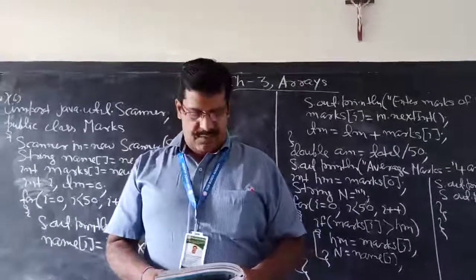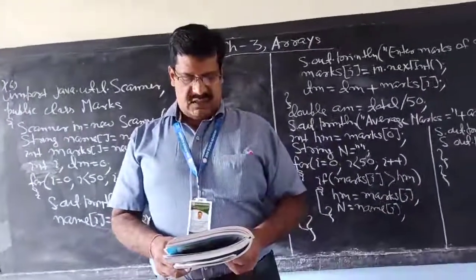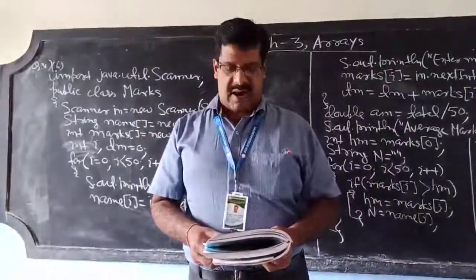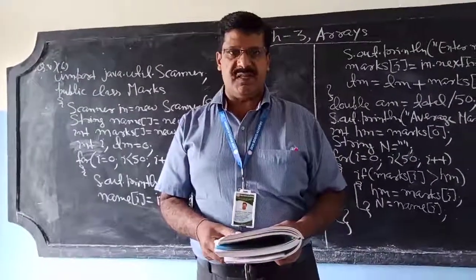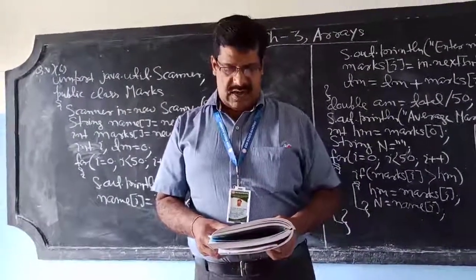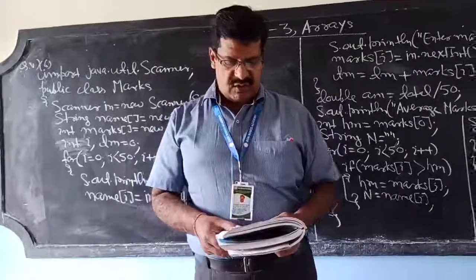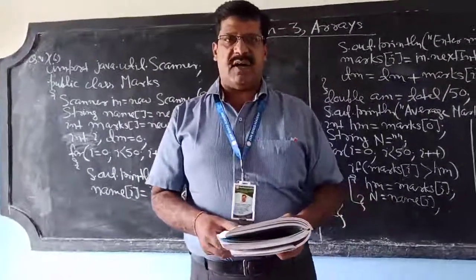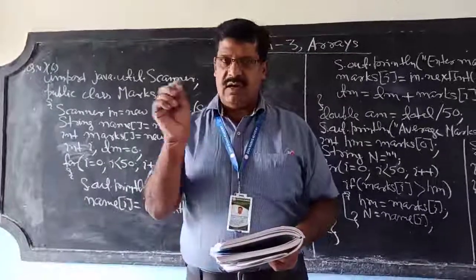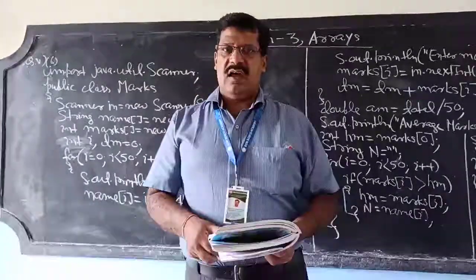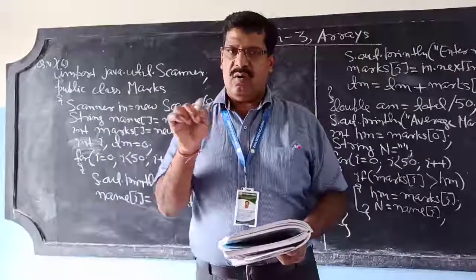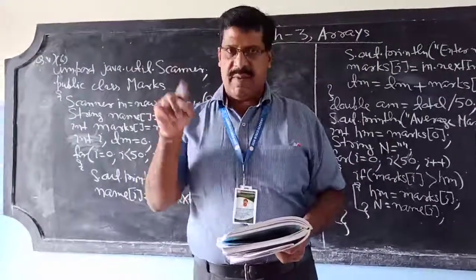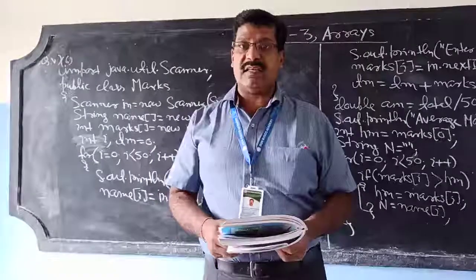Calculate and display, first, the subject average marks, the average marks of the class. The subject average marks means the average marks of the class. So the subject average marks of the class will be the total marks in that subject. We have to add the sum of marks of all the students divided by 50 because the class strength is